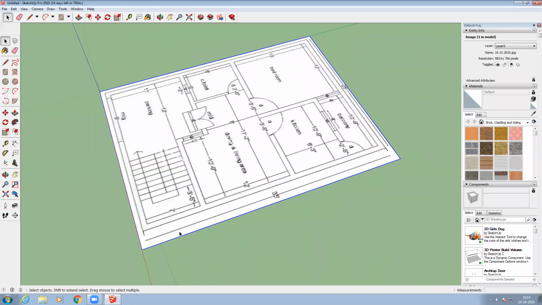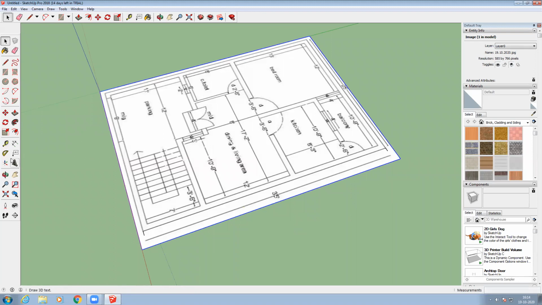I want to check how much the scale is now, right? How to check? I go to the tape measure tool, and I click over here, and again click over here. So you can see over there the dimension is about 187 feet, right? When I click over here and click over here, you can see the length is 187 feet, right? So I want to change it to 35 feet, right? How much do I have to change it to get 35 feet?